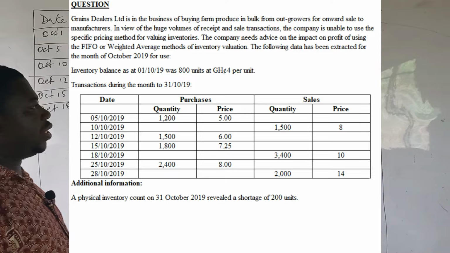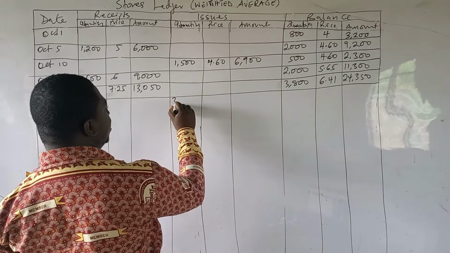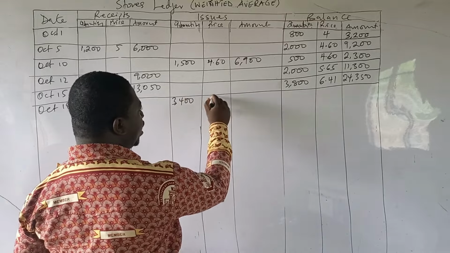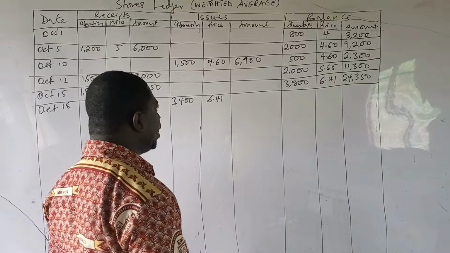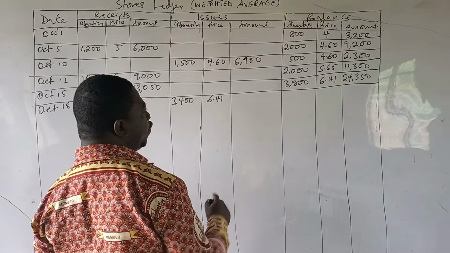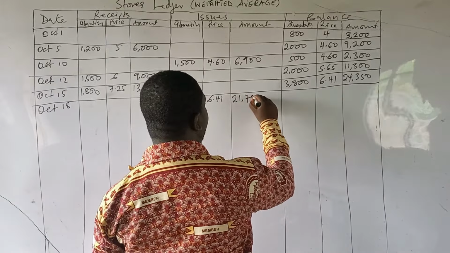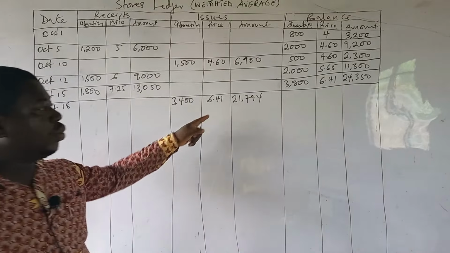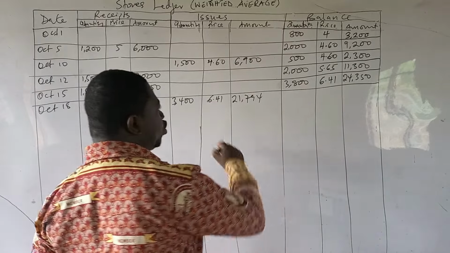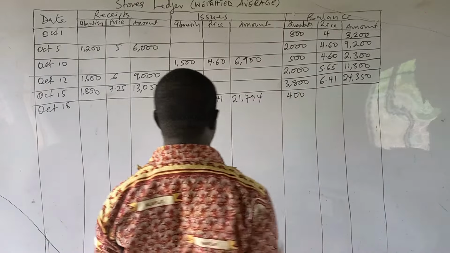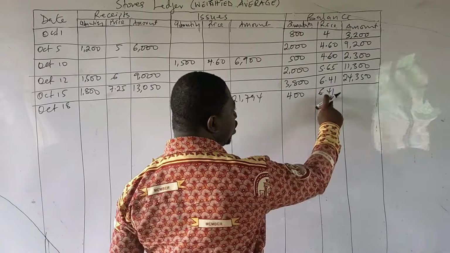So we are selling out 3,400. But remember, we already have it in bulk here. So quantity 3,400 is going at the prevalent rate. So it even becomes easier to get the rate to issue. 6.41. And that gives us a total of 21,794. So we issue it at the recent updated rate that we have. And so we have a balance of 400 units at the same rate of 6.41. And that is going to give us